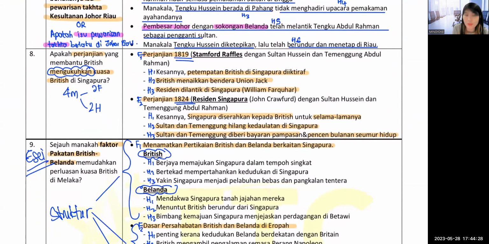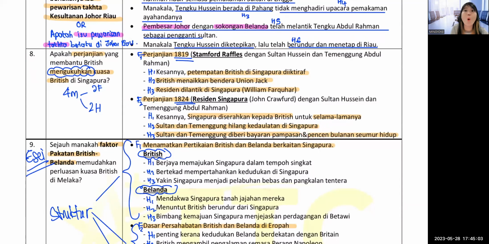1819 to Perjanjian 1824. Perjanjian 1819 got Huraian 1, Huraian 2, Huraian 3, which is British in Singapore will be recognized, Bendera Union Jack will be put up, and the resident called William Farquhar then officially manage Singapore. According to Perjanjian 1824, Singapore were given to British forever. Sultan Temenggung lost their sovereignty, authority, power in Singapore. Sultan and Temenggung will be given compensation,